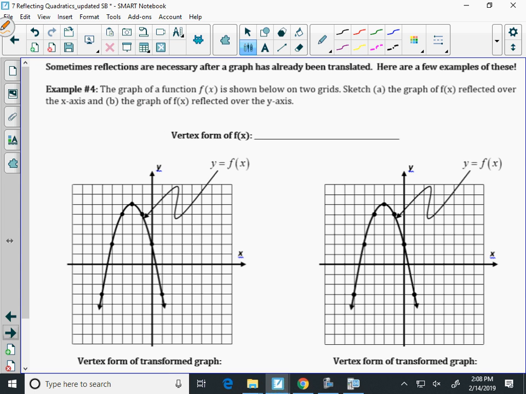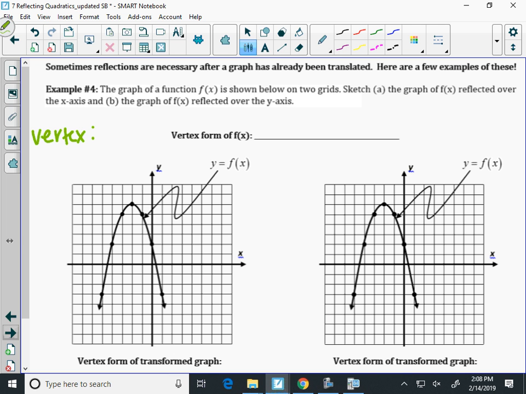So we take a look at this graph, okay? It's already been translated for us, but now we want to reflect the translated graph, okay? First, the reflection we're going to do is a reflection over the x-axis, and then we're going to take it and reflect it over the y-axis. So it's really helpful if we first